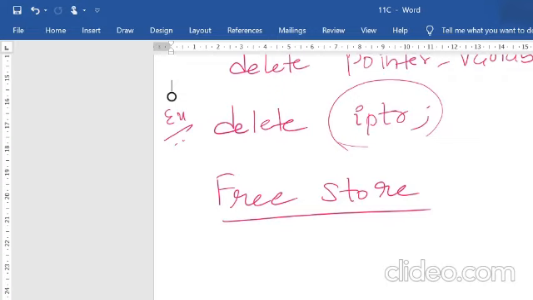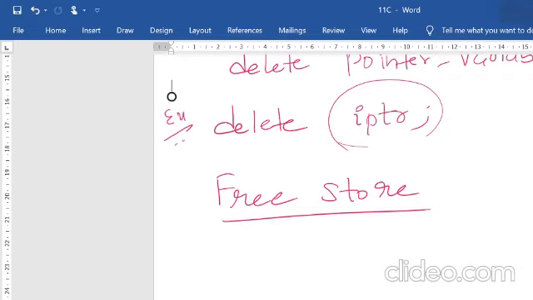This was reserved from this place to this place, and now after that it is empty, so somebody else from Hubli who is going to reserve can take that place. So it is your heap memory. Objects allocated in the free store are used indirectly through pointers. So this is what you mean by free store.